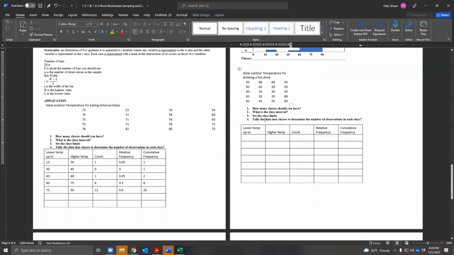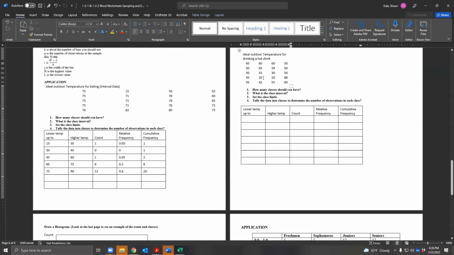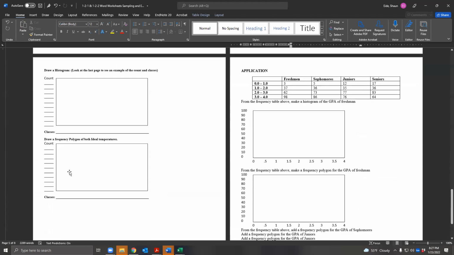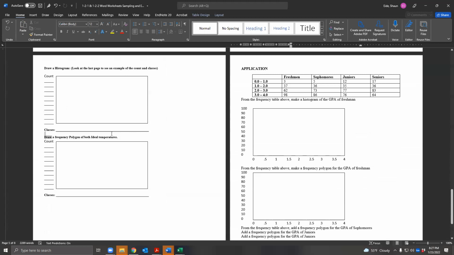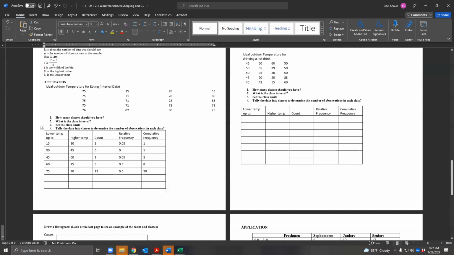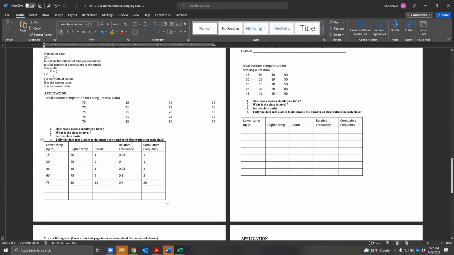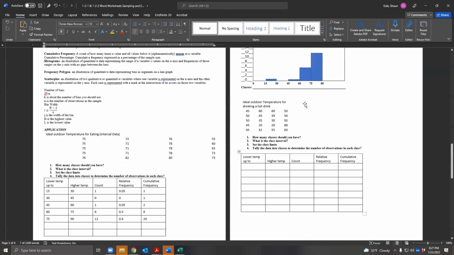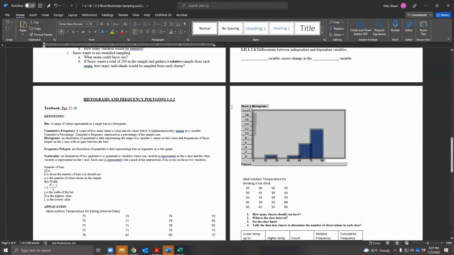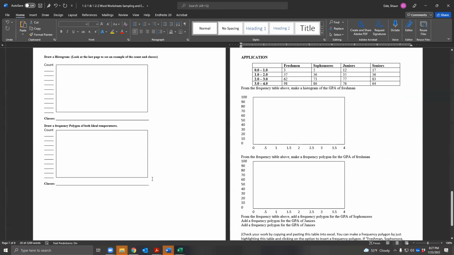Ideal temperature for a hot drink. And so you put the histogram in here, and you'll notice the numbers are definitely different, the way that they populate. And so then coming down here, you have the ability to draw a frequency polygon for both. And so you'll have to determine, is 15 still a good thing that you should use? Should you use a different one? If you were to use 15, for example, though, your frequency polygon would look like,